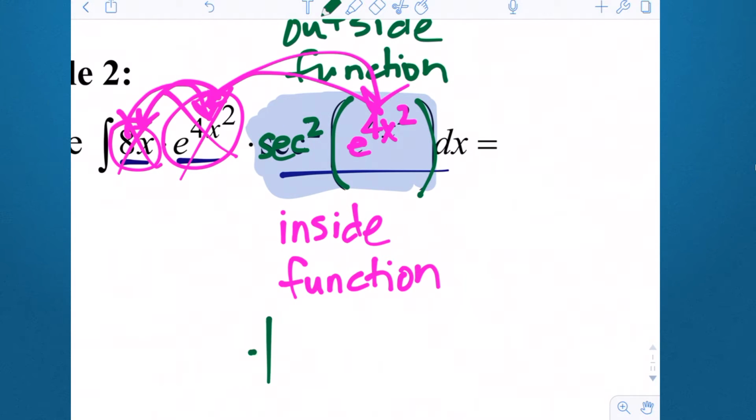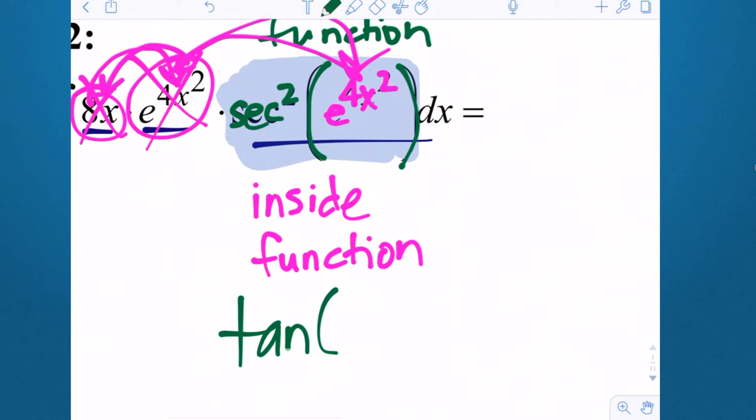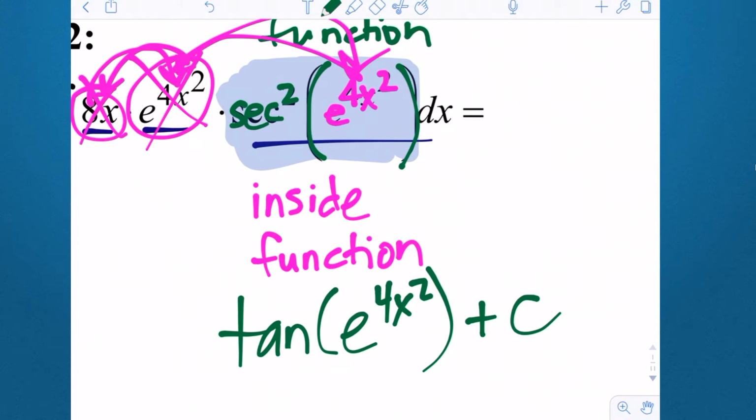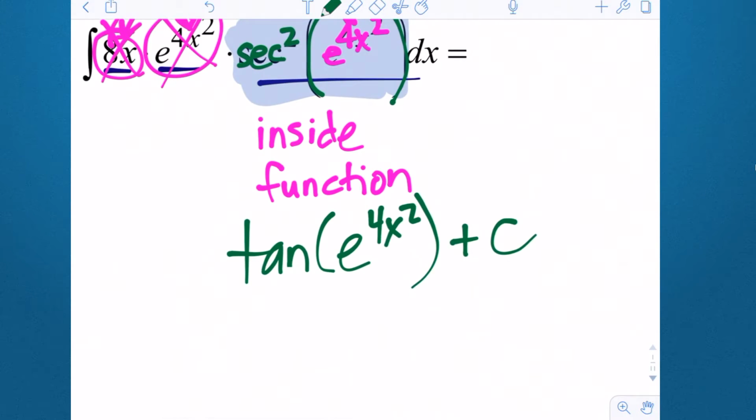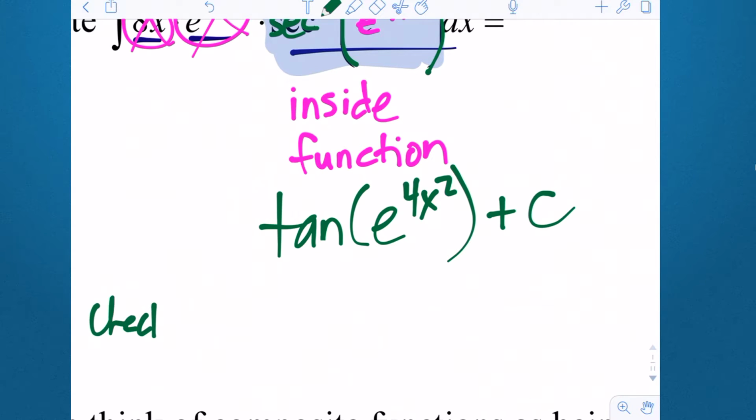Tangent, right? Tangent of the same blob. And then, of course, we put plus c. And that's basically how you go about analyzing each and every one of these. But the good news is, if you're not sure if that's correct, what could you do? Take its derivative. And I would strongly encourage you, especially in the beginning, to check your answers because it reinforces